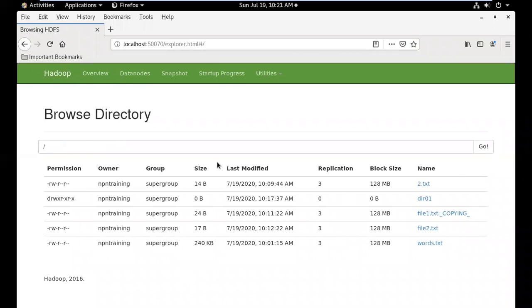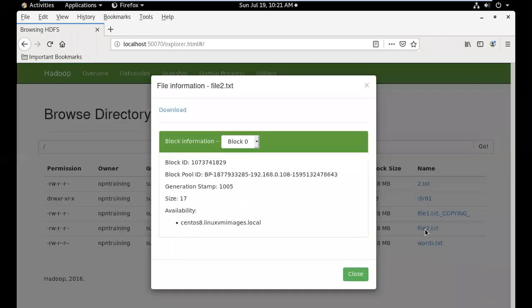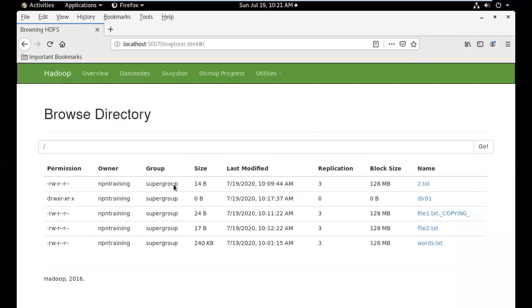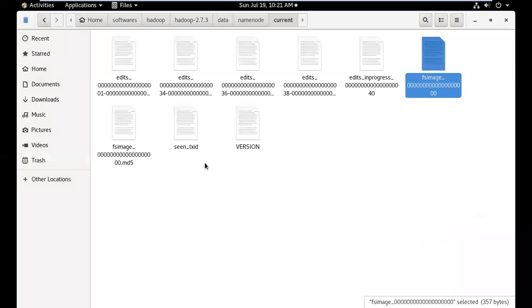Yeah, can you see this? It is read only, but you can only see what is there. And if you want to download, you can just download that particular block level information by clicking on this download. Things you can do, but you can't copy. Okay. Yeah, any questions guys before I proceed?